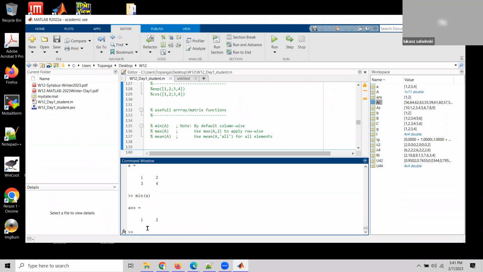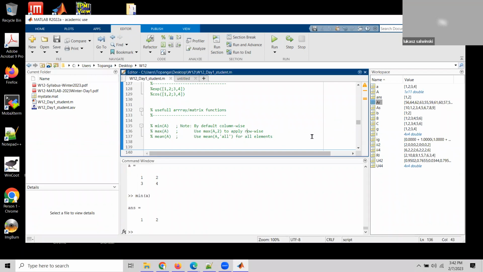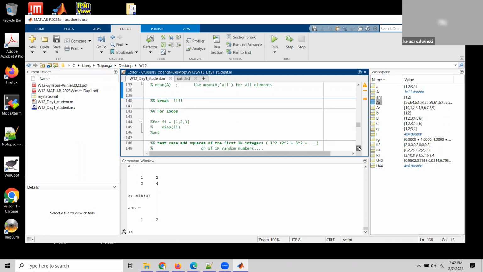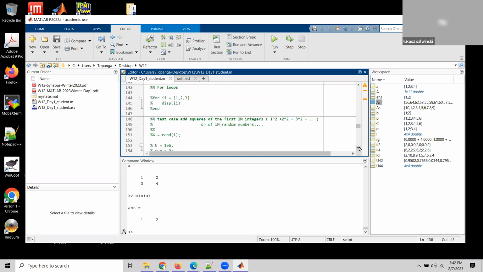This is column-wise averages. Same thing holds for maximum values and for averages. So that's another set of useful functions. Okay. In case everything else fails, you can perform operations on and prepare your data in a matrix